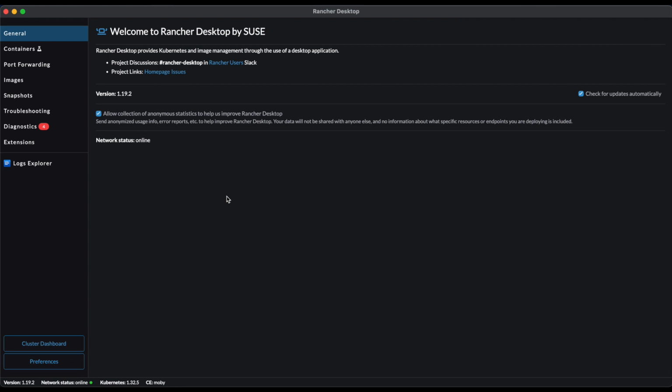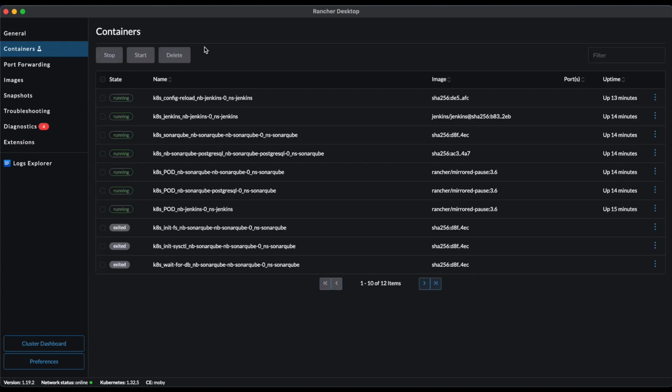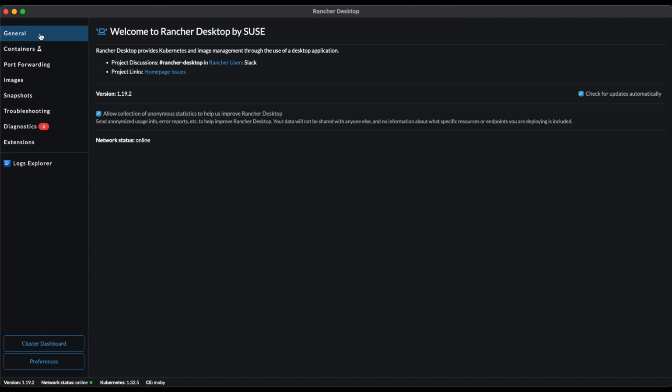Demonstrate the deployment of shared infrastructure applications Jenkins and SonarQube on a K3s cluster provisioned by Rancher Desktop. So I have already provisioned the cluster using Rancher Desktop. This is the main dashboard of Rancher Desktop, and I have also already deployed Jenkins and SonarQube on the K3s cluster. So let's see first how I have deployed